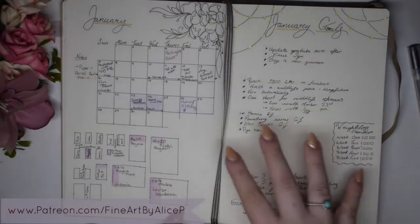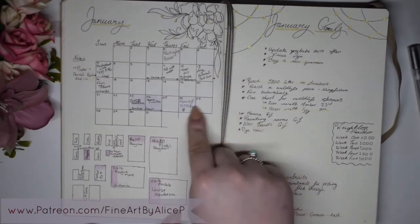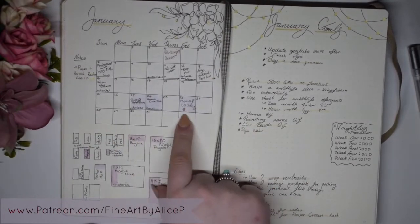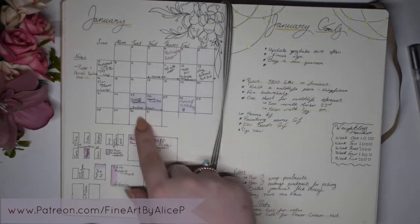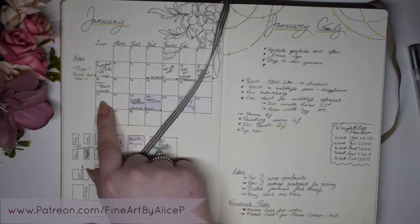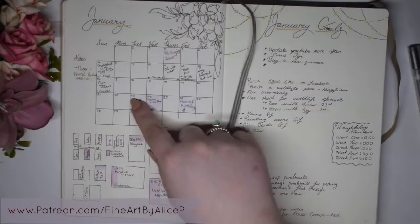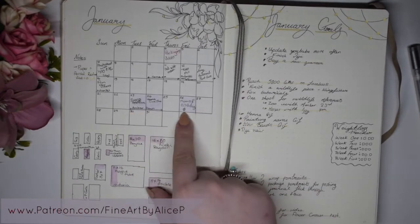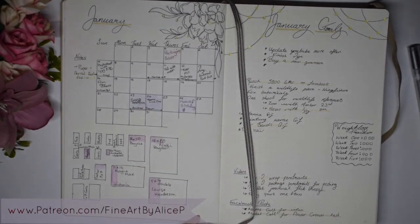But for my monthly spread, I have my month laid out where I mark everything that I am doing that month. Like, it's my mum's birthday, I am seeing Amber this weekend, or in a couple of weeks we're going to the zoo. When I want to upload new videos, photo shoots I've got booked in, etc. goes up there. So if it's a day that I know I'm not going to get any work done, I will block it out in purple,